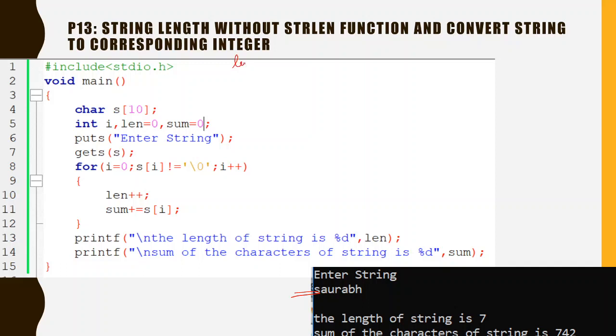The length of a string is always considered only over the valid characters. Suppose I take this string, it might have a null character also, but the number of valid characters is 7 only. So that should be the output of the strlen function. But here we are not supposed to use the strlen function. Now how to implement this?